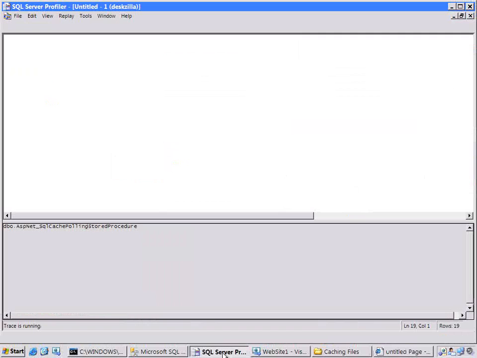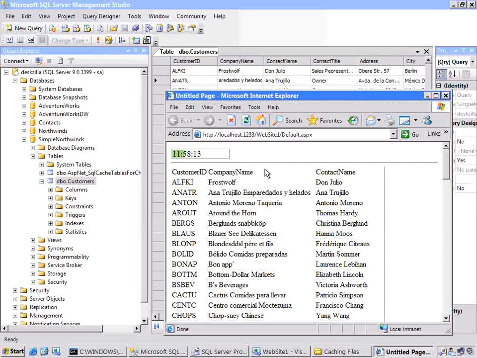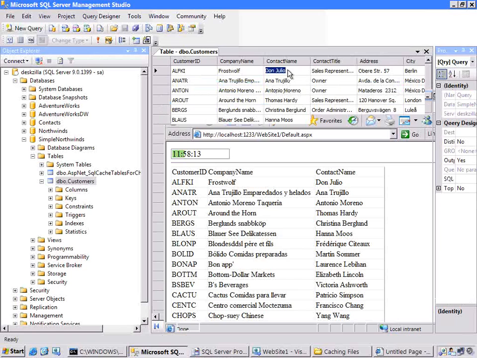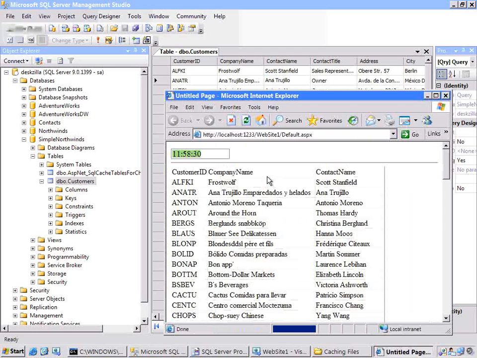In fact, if we go back and look at the caching, you can see there was some notification back and forth that the table's changed, but it worked right away. So if we change this to my name, switch back and hit refresh, we get the change right away. Now this is great because it works with SQL Server 2000 and 2005, but 2005 introduces this new concept called the Service Broker, and this is a means to allow ASP.NET to serve as a client where it can be notified if there's a change,